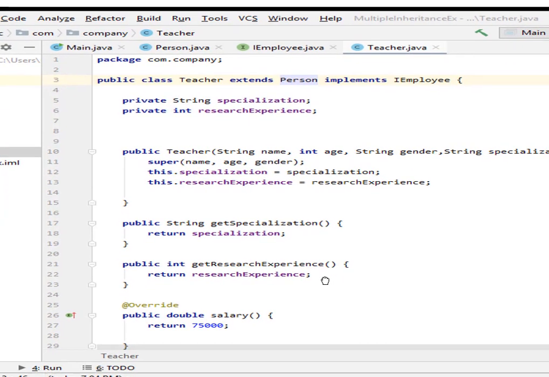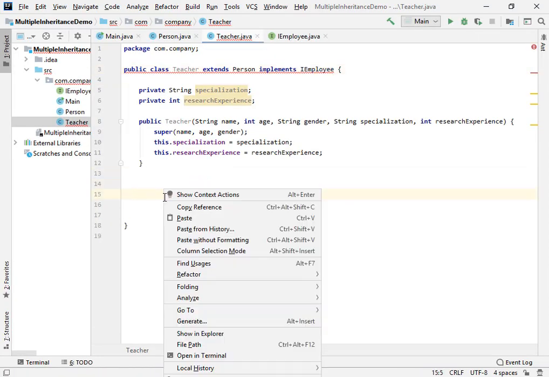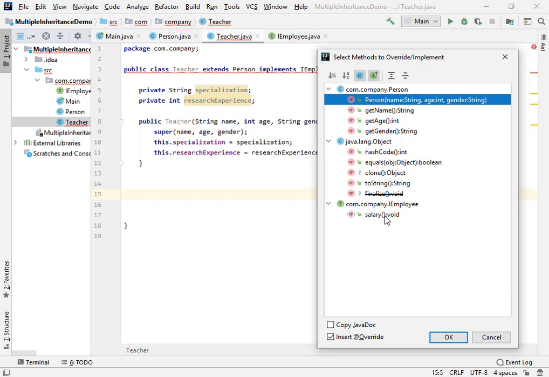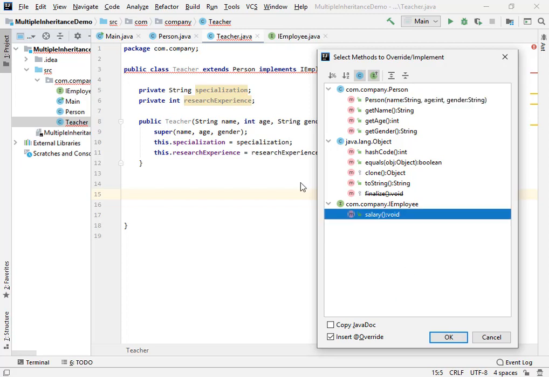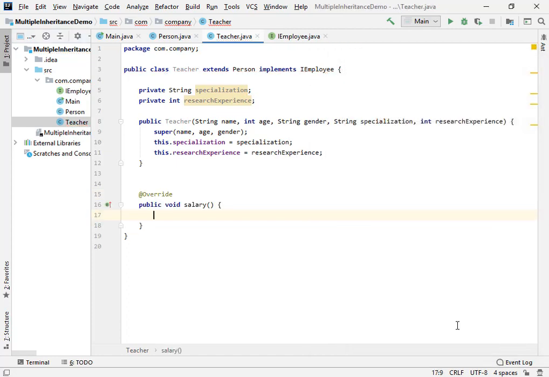All right, so again by the help of generate option, I'm going to right click here, click generate, and then I'm going to select override method. And which method am I going to override? The method which is available within the interface which we are implementing. In this case it is interface Employee right here. Okay, so I'm going to click OK, and now you can see that the error is now gone,